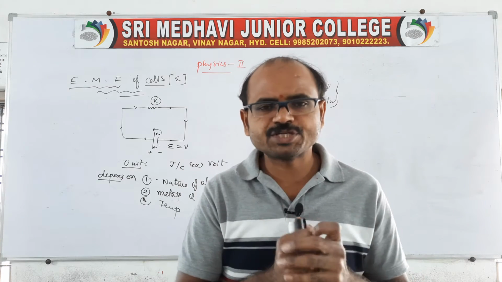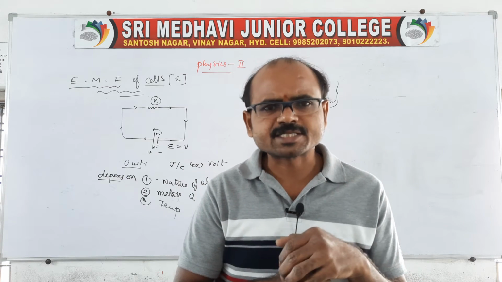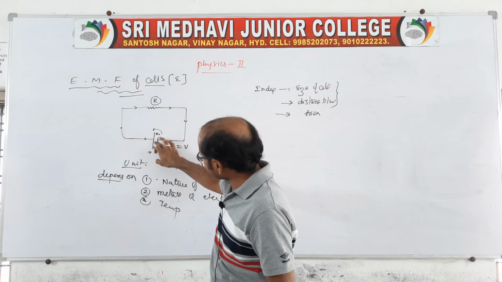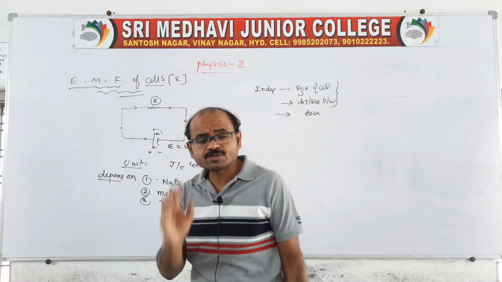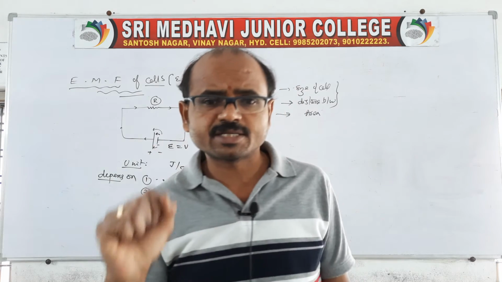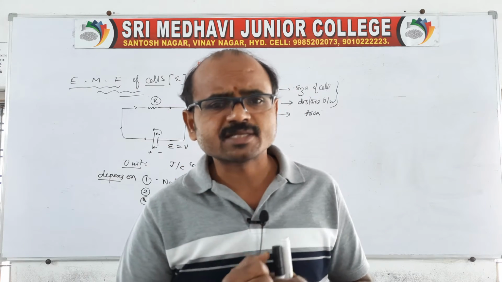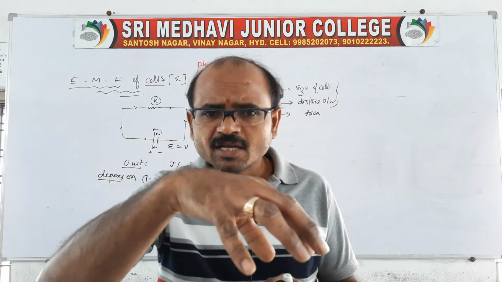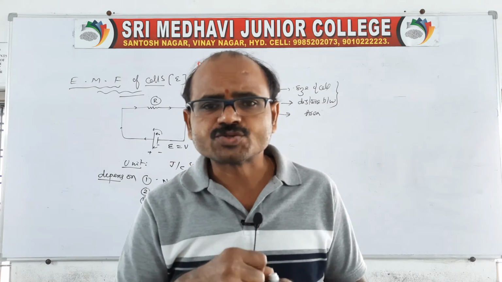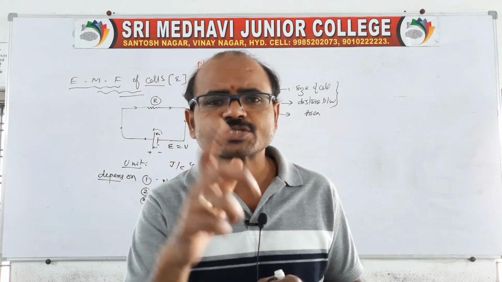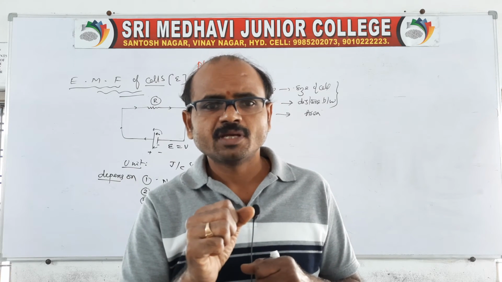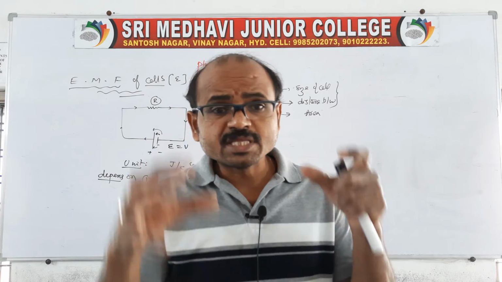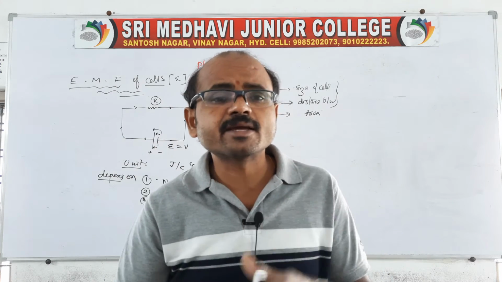Now, usually a cell consists of some internal resistance. Internally there will be opposition. Sir, what is the internal resistance? That means inside this cell there is some opposition, and that opposition we call the internal resistance. Suppose you take the batteries we use in vehicles, they are filled with a liquid, dilute H2SO4. Dry cells also contain some liquid. That liquid acts like an internal resistance.